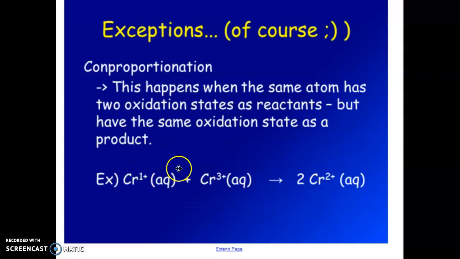And lastly, comproportionation is where you have two ions of the same element that are becoming one product. So you have +1